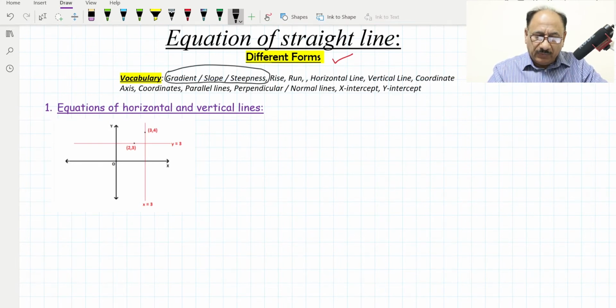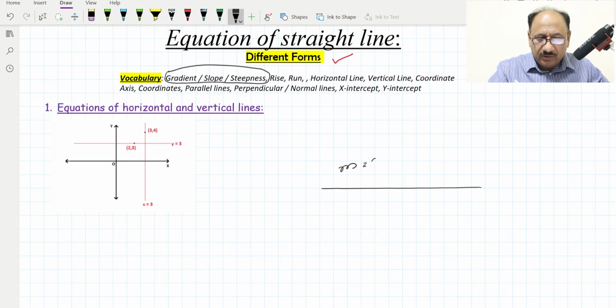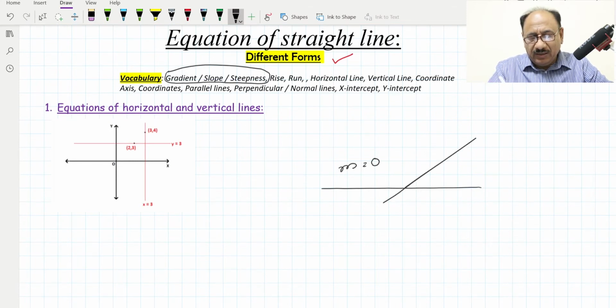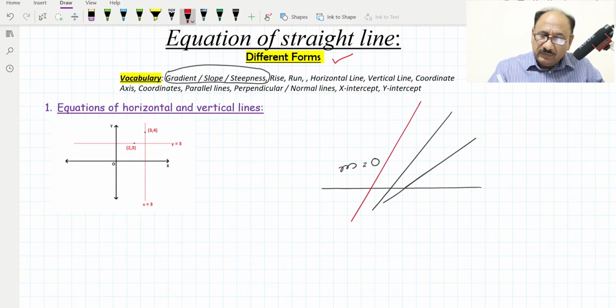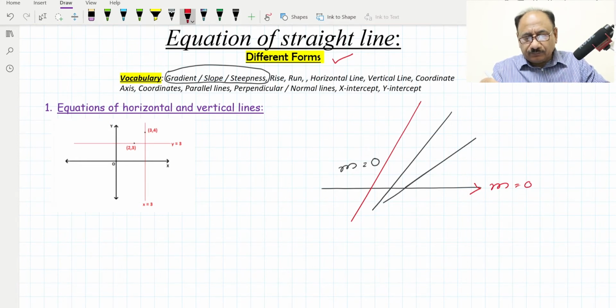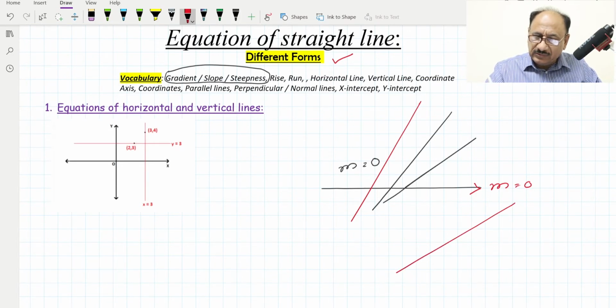For example, a line which is horizontal, like this one, has zero gradient or slope. Gradient or slope means the steepness of the graph. For example, this line is less steep than this line, and this red line is much steeper than all of them. So this line has zero gradient, and any line which goes, for example, right side up and left side down